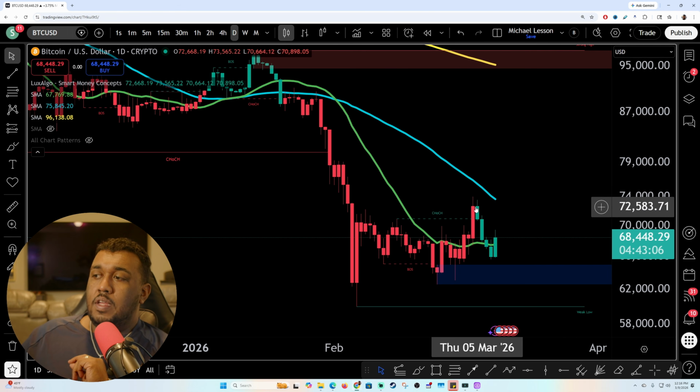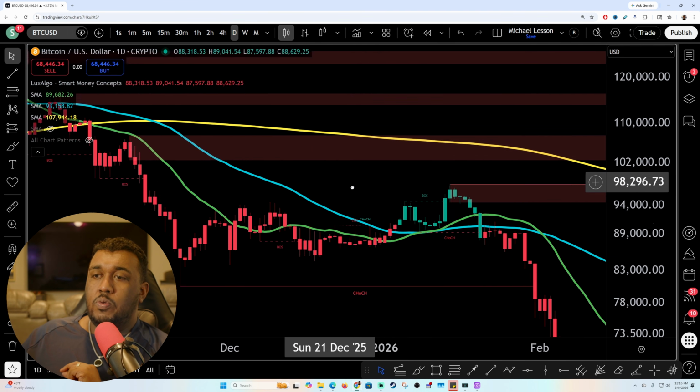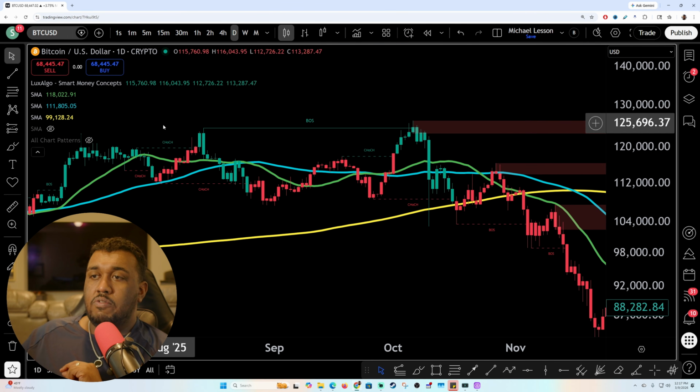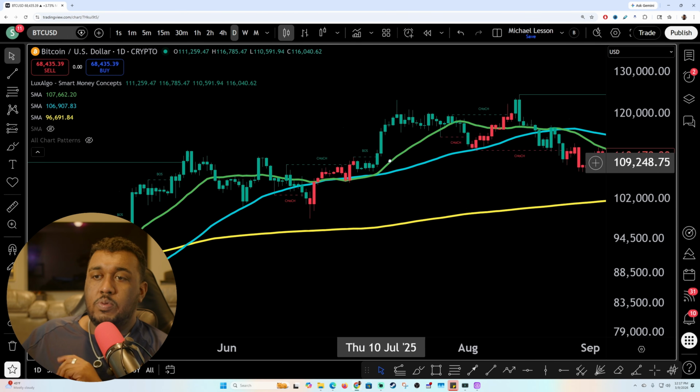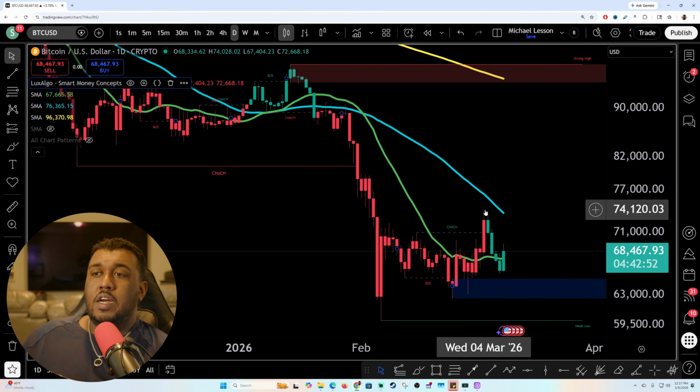You'll see that it had a bullish change of character right here, but it went straight back down, right? This one worked out. This one was good. This bearish one was good. This one was good to a degree up to resistance. This one wasn't good. This one was good, and so forth, right? So it's good to be able to kind of back test that if you want to use the color candles,